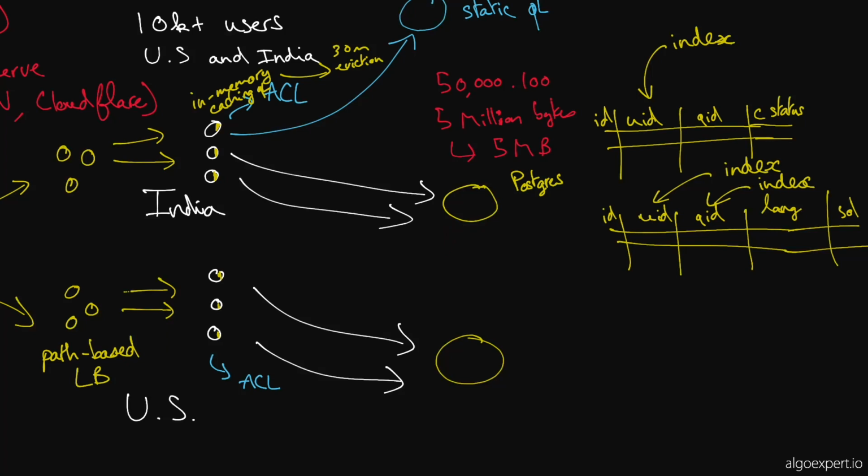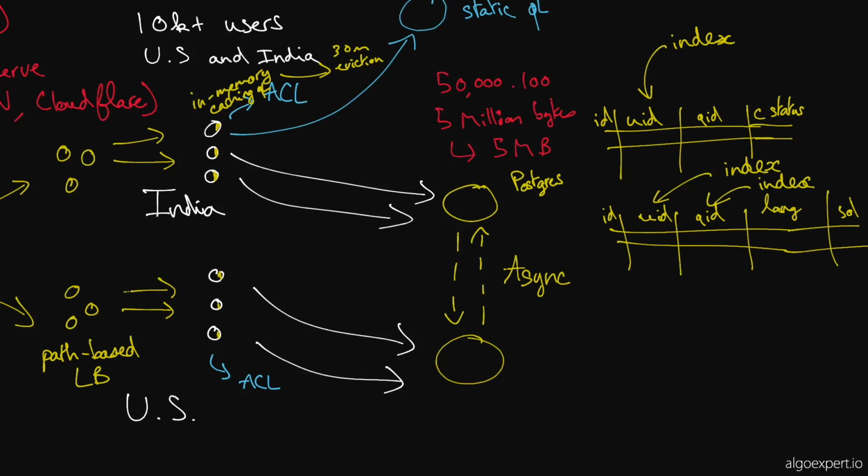So I'm thinking that for these two databases, we need to have some kind of asynchronous replication, but it doesn't have to be synchronous. It doesn't have to happen immediately. So to clarify, if a US customer is making a write request to this database, we will make that write request and that's it. Maybe we'll have some redundancy here to make sure that if this database goes down, we have a backup, a standby. But as far as our main regional database clusters, I think we could have some kind of asynchronous replication here that happens, I don't know, every 6 hours.